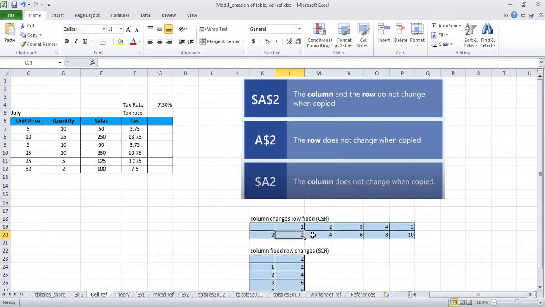And now when I drag and drop this formula across the cells, you see it is taking 2 and it is taking this particular cell and multiplying it and giving me the answer as 10. Is it clear? So here what I'm doing is fixing my row and changing my columns. The second part is fixing my row and changing my columns. And in the first part, I have fixed both. Is it clear?